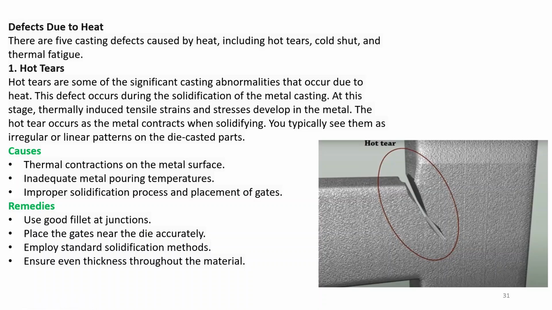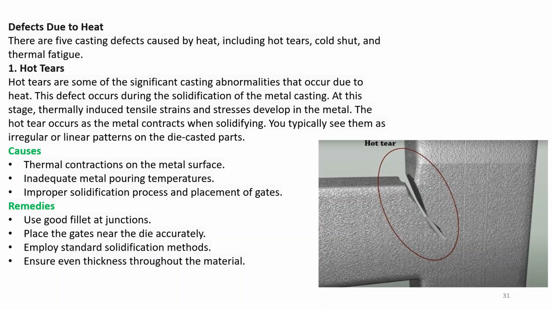Next is defects due to heat. So first is hot tears. So there are 5 casting defects caused by heat, including hot tears, cold shut and thermal fatigue. First is hot tears. So in this case, these are some of the significant casting abnormalities that occur due to the heat,